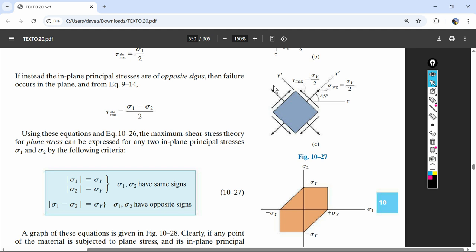Is this saying that they're both equal to sigma y? Yeah, if principal stress 1 and principal stress 2 are both sigma y and have the same sign,